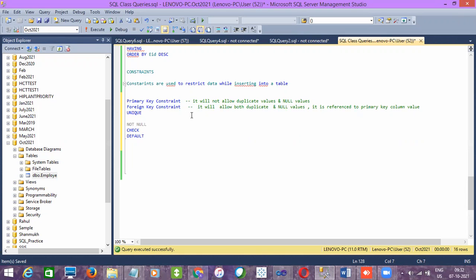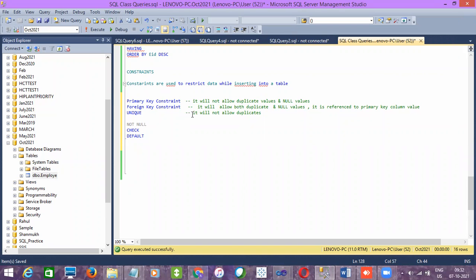So unique key will not allow duplicates. Guys, you know the duplicate, what does duplicate mean? I think I will consider that everyone knows it. So duplicates are nothing but redundant data, which is the same value repeating again and again.